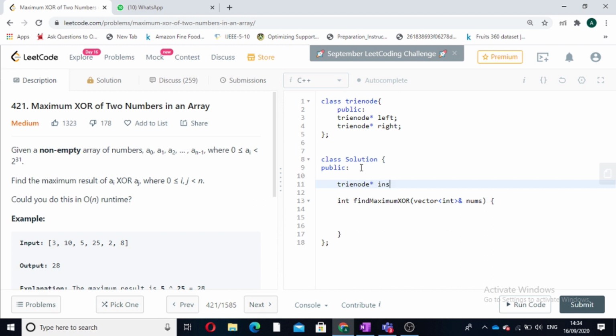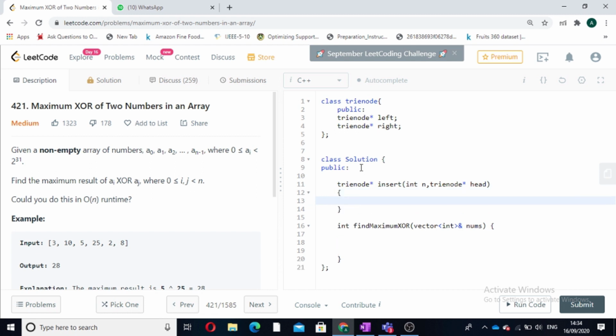Function name is insert. Now what will be the arguments? First argument will be the number which we have to insert, and the second argument will be the head of the TrieNode. So first what we have to do, we have to insert the number n bit by bit.